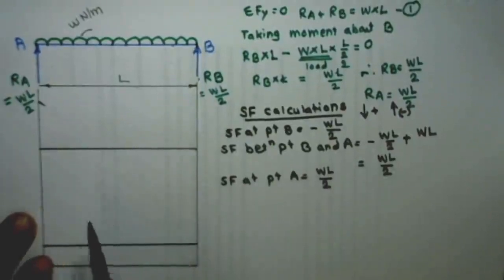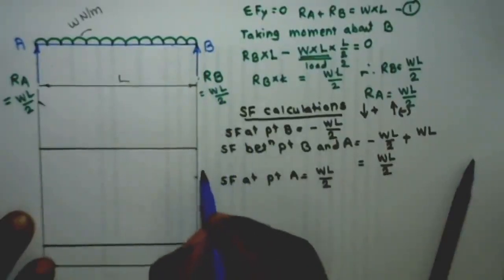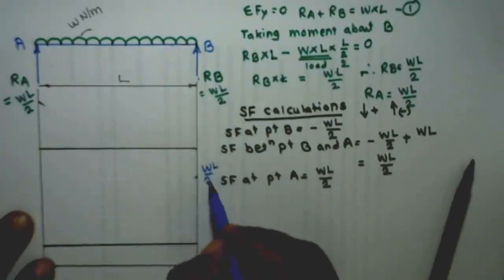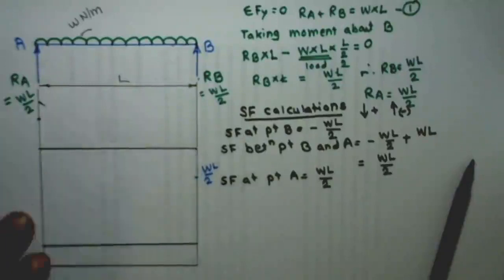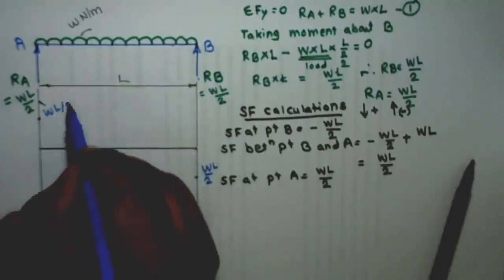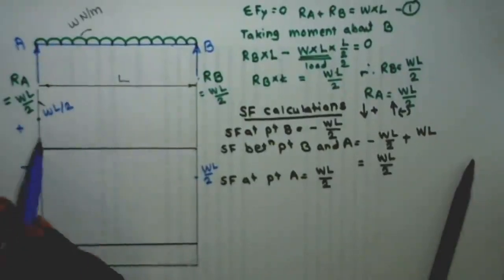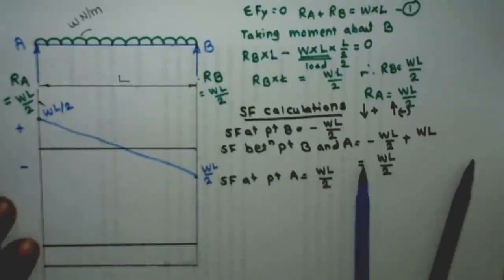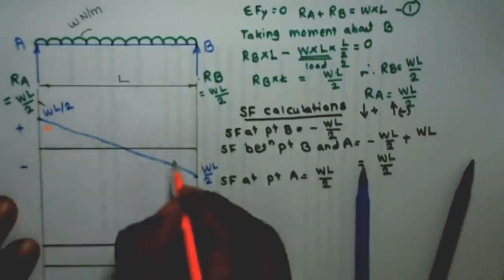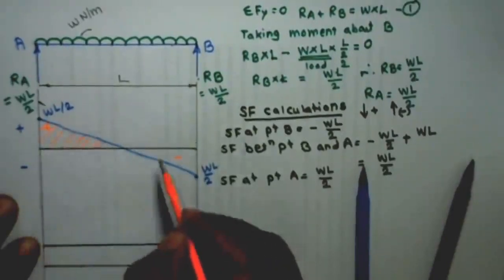Now we have to plot that shear force diagram. At point B, shear force is minus WL by 2, so mark below the baseline. Shear force between the points B and A is again WL by 2, which is positive, so mark above the baseline. Positive side, negative side, and join these 2 points. It is a UDL, so join these points by an inclined line. So in this case we will get a positive shear force diagram on this side and a negative shear force diagram on this side.